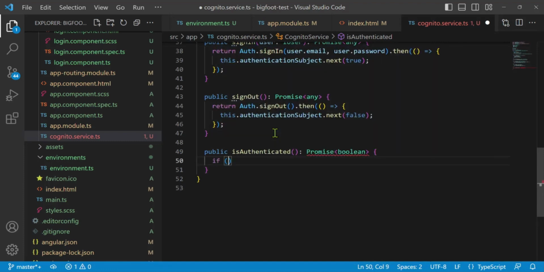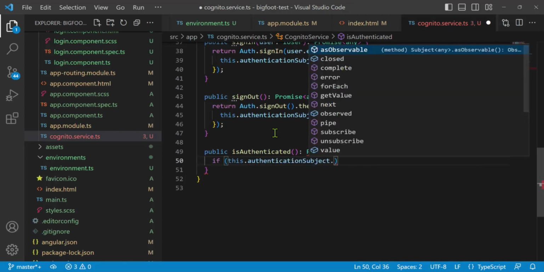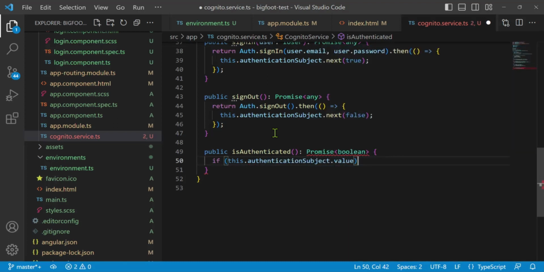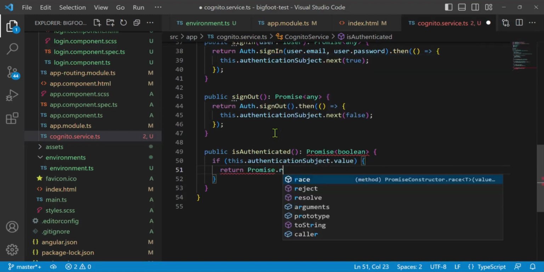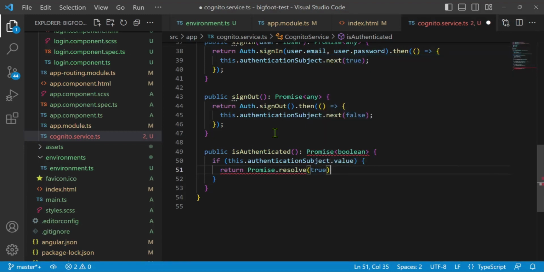We'll do if this authenticated subject dot value, open and close parentheses, will return promise dot resolve true. And then else,